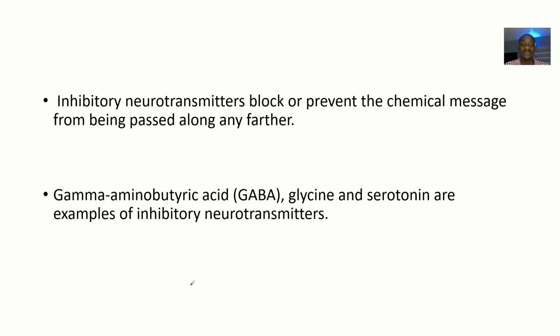We said that inhibitory neurotransmitters block or prevent a chemical message from being passed from one neuron to another. If this is the presynaptic neuron, this is the synaptic cleft, this is the postsynaptic neuron, information is supposed to pass from this neuron and get to this neuron. Inhibitory neurotransmitters will block this information from passing, unlike excitatory neurotransmitters, which encourage the passage of this information and